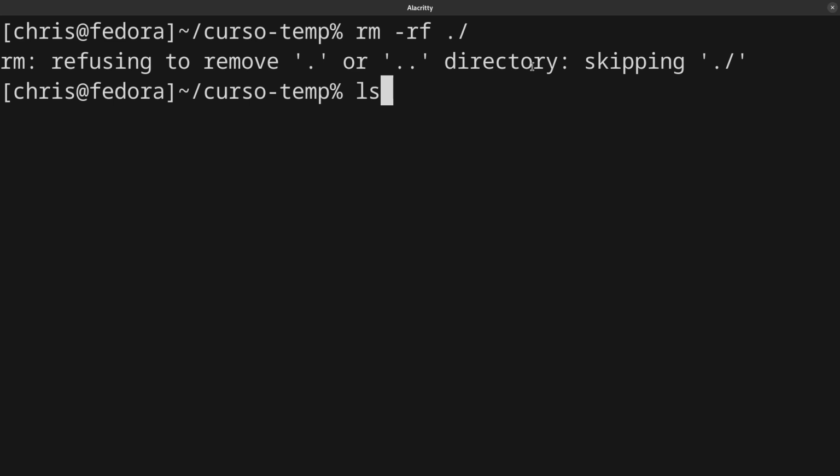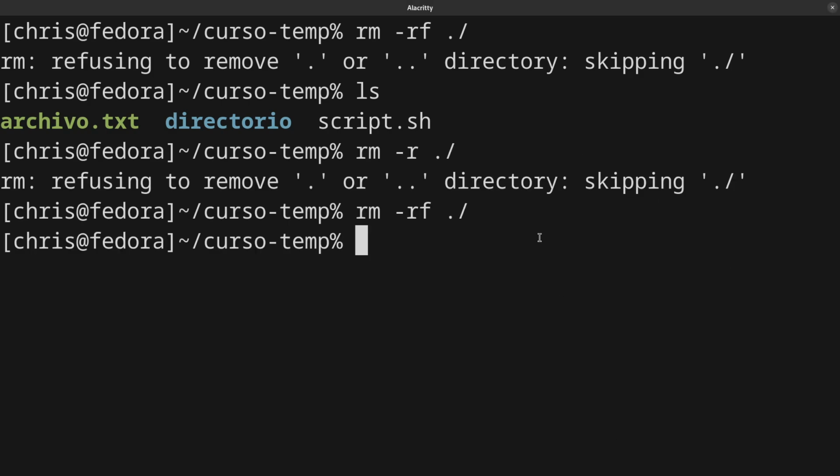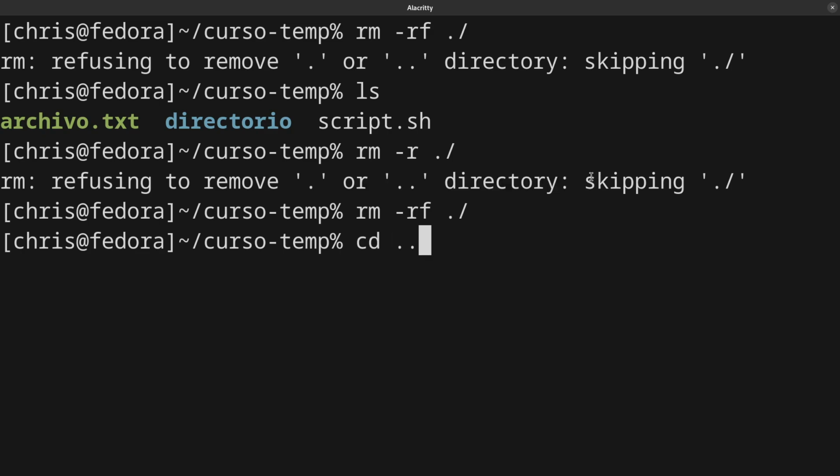Okay, I don't care about this because it's just okay. This doesn't delete. Give me a sec. Okay, I don't know why this is not working. I think it's because I'm inside the same folder. So let's go back and try this again using the